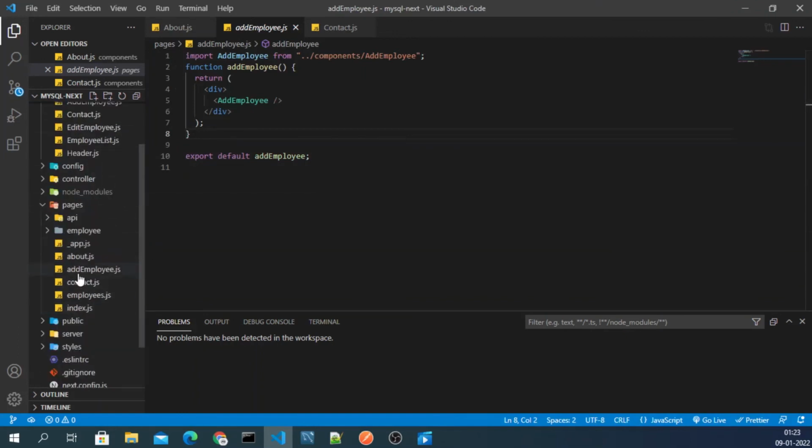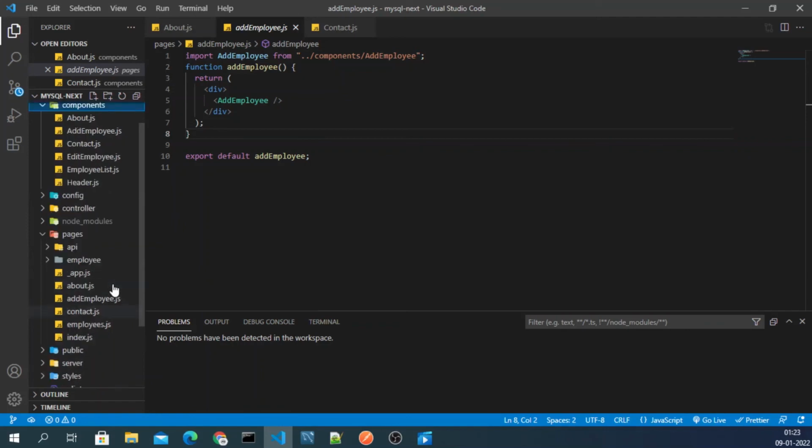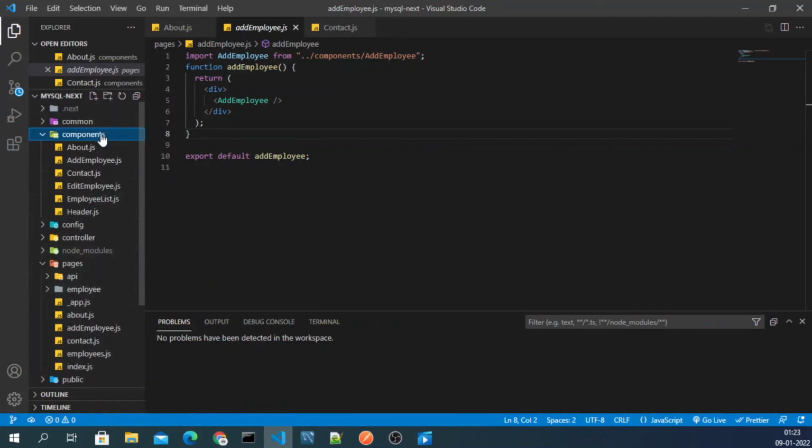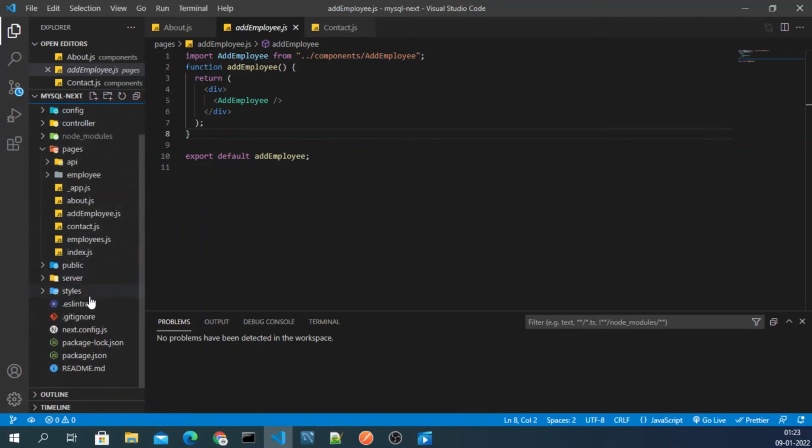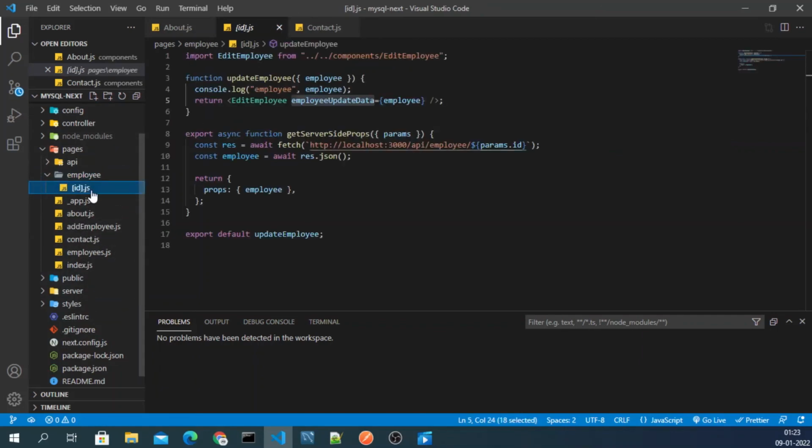The path will be contact/contact, right? So these things are important to take care of. And one more thing you need to take care of is, when you are dealing with id, make sure guys you define this file, where inside employee.js, this file is very important. Just define this file whenever you are dealing with id.